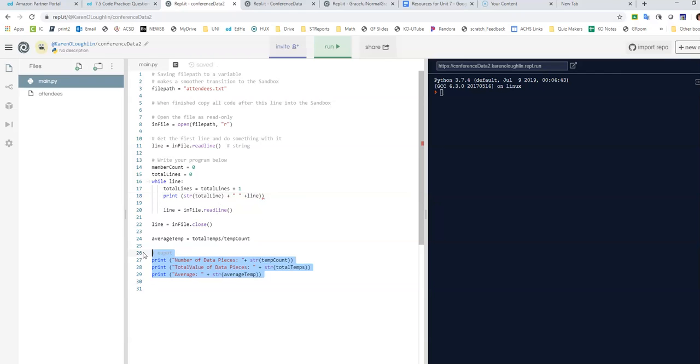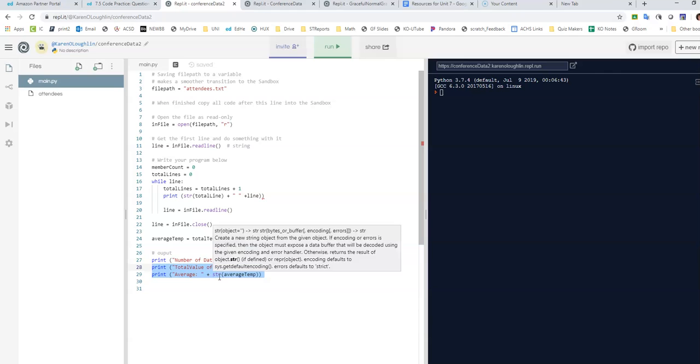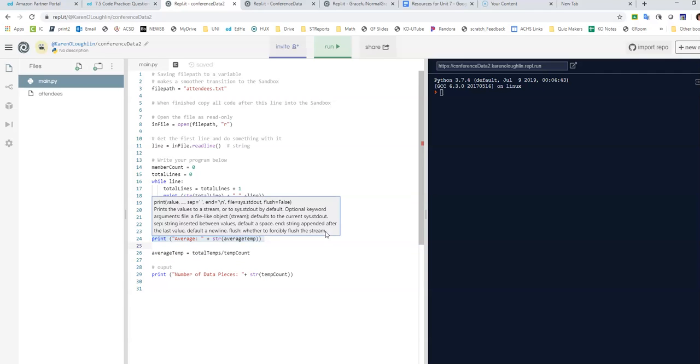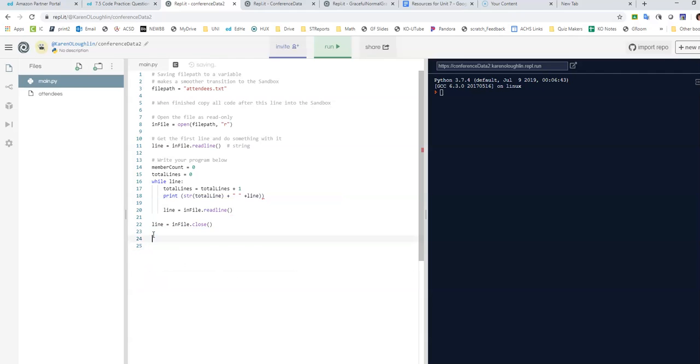And then I don't need any of these calculations right now. I'll actually see my print statement for total line, so I don't need to output that. So right now I just need to close the file. Remember, when you're processing files, you open the file, you process the file, and then you close the file. Okay? Cross my fingers that this works.